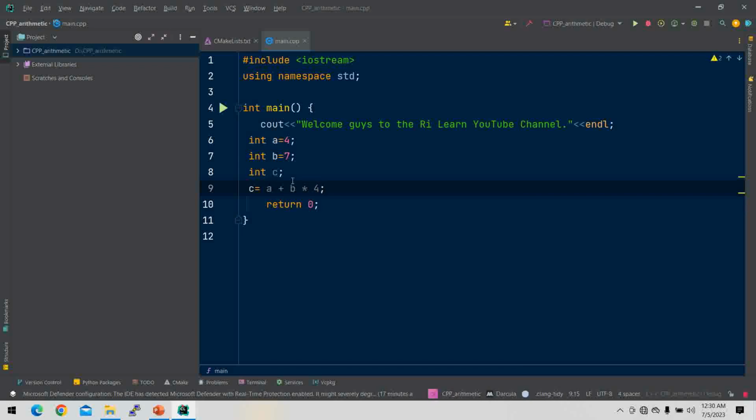Okay, so as you have seen here, the value of b is what? 7, right? Okay, so first which one is executed? 7 times 4, then it will be 28, 28 plus 4, then 32. So see out, then